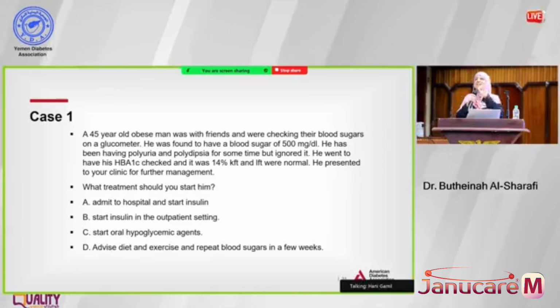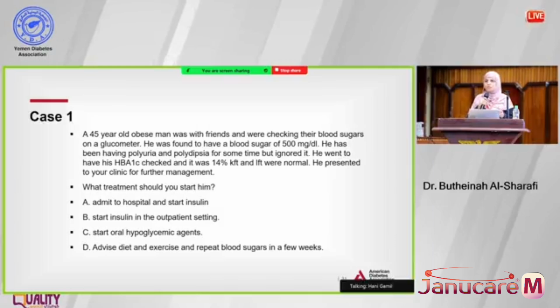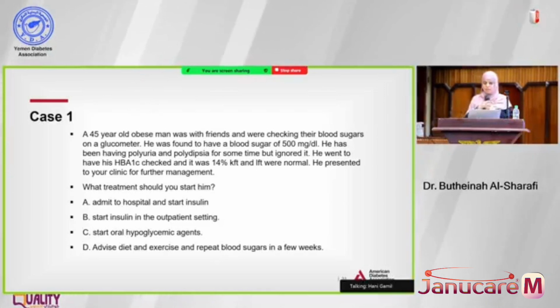Unless they are decompensated, dehydrated, losing weight, and so on, you can start outpatient. I would leave admission to the hospital if the patient is metabolically unstable and starting to show signs of dehydration, maybe elevated creatinine and so on, needs fluids and so on. Those are the patients that would need admission to the hospital. Otherwise, you can usually treat them outpatient. And I would start a patient like this, stable, in good condition, on oral agents. And thank you very much.